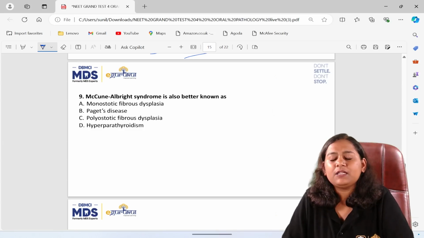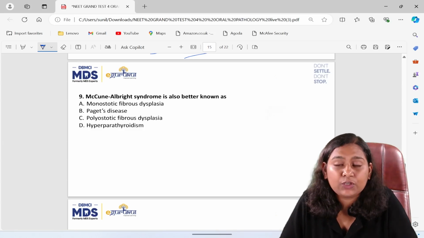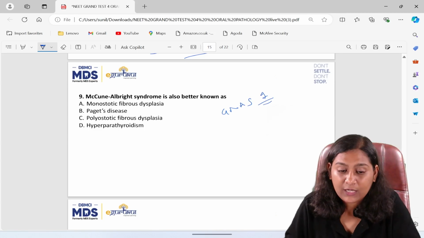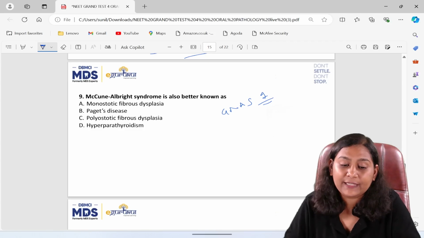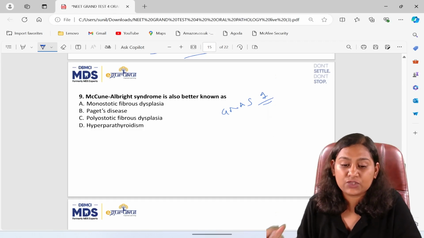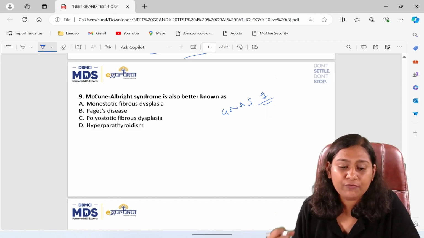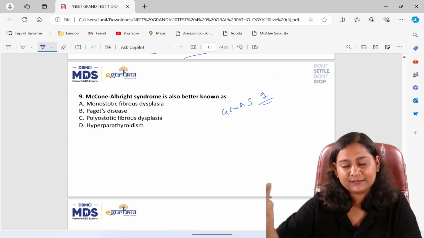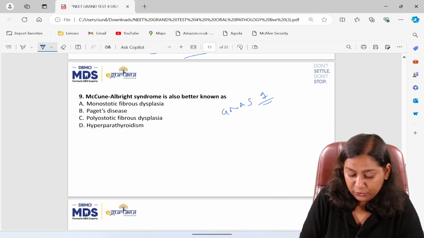Now, tell me, fibrous dysplasia occurs as a result of which gene mutation? It is GNAS1 gene mutation present on chromosome 20. Okay. Now, what does this GNAS1 do? It encodes for a protein called G protein, which helps in production of cAMP. Now, what happens? There is an overproduction of this cAMP, and this has its effect on endocrine,